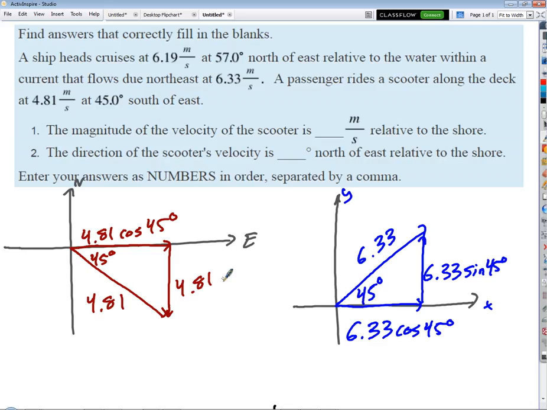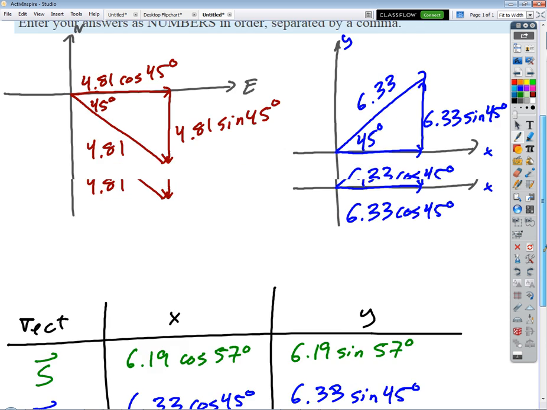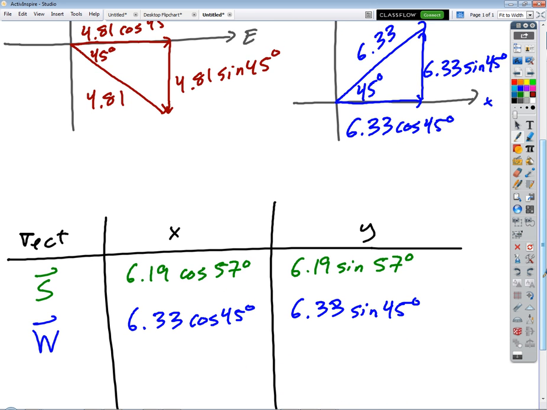Okay, there's the question. Maybe not on this drawing, because these are just lengths on a triangle, right? But when I transfer it to my table, I've got to be careful about the sign. Does that make sense? Because when I'm talking about the sides of a triangle, I'm just talking about lengths. So sure, this is 4.81 sine 45, but now look at these two components. The x component is in the positive direction, the y component is in the negative direction. And so, adding these to my table,